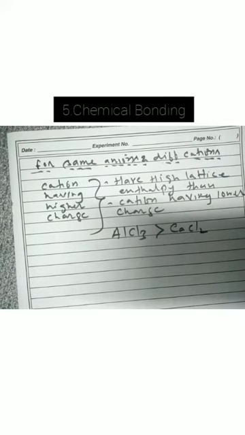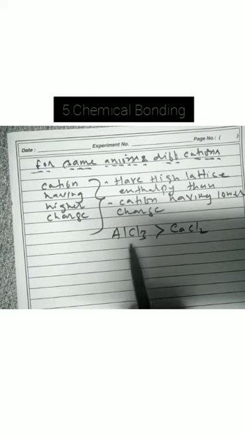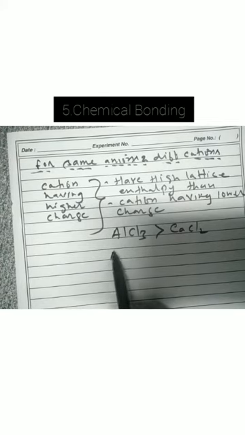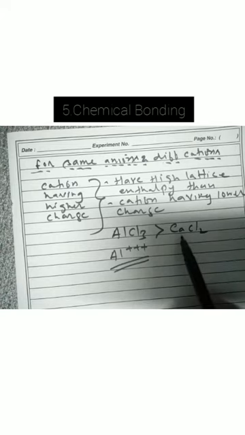Now why is this so? In the first example, you have the cation aluminum. If each chlorine is removed from the ionic compound, the aluminum gains a plus charge for each one, so overall how many plus charges will it acquire? 3. Aluminum has 3 plus charges. Then how many plus charges will calcium have? 2. If the 2 chlorines are removed, it acquires 2 plus charges, so it forms calcium 2 plus.